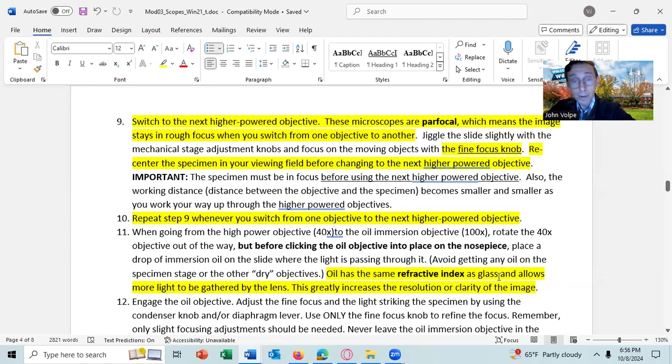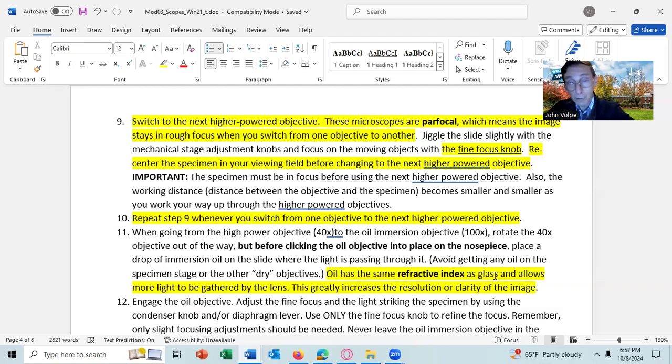All right. Using the oil immersion lens requires the use of oil. If you don't use oil, the oil immersion lens will not give any better resolution than the 40X lens. And since the 40X lens is easier to use, you should only use the 40X lens if you're not using oil. If you want to use the oil immersion lens, you should put a drop of oil on, and that requires additional use, but the oil gives you additional